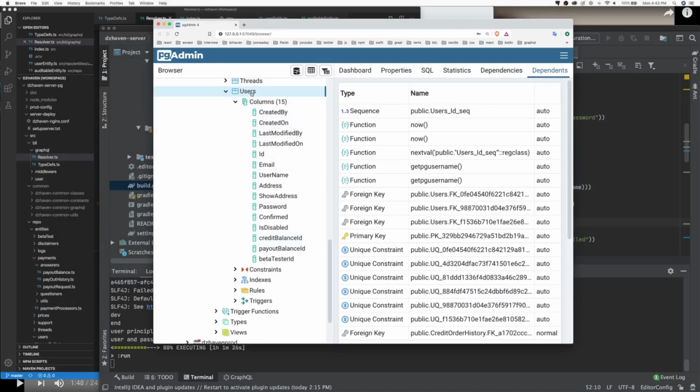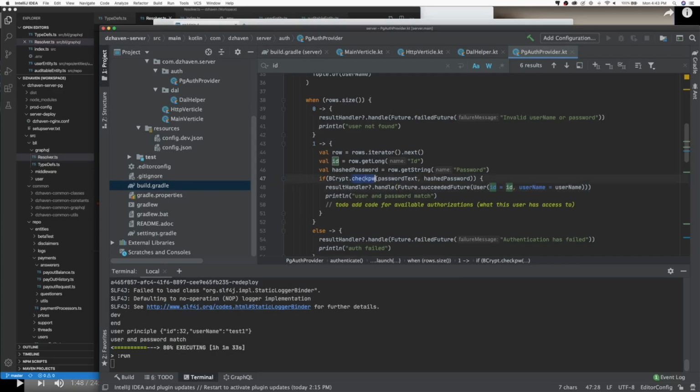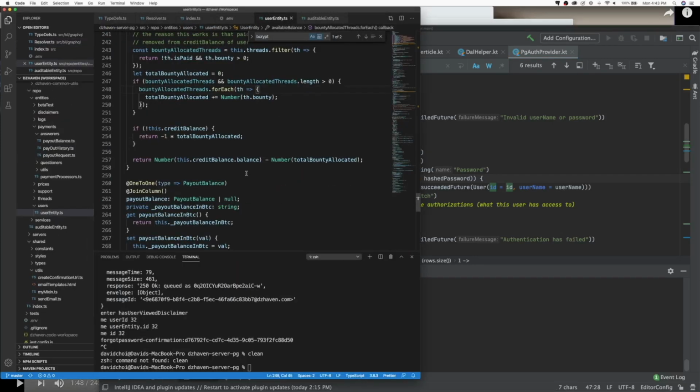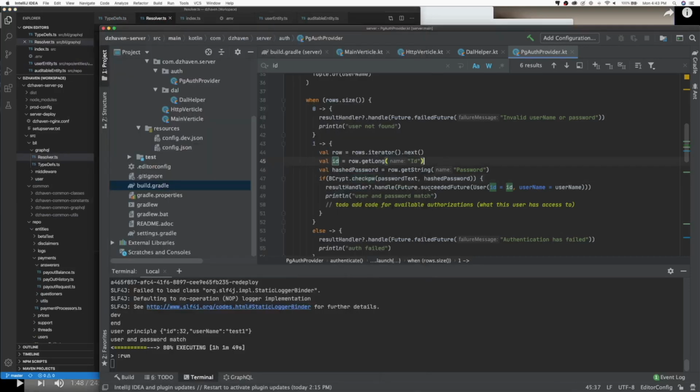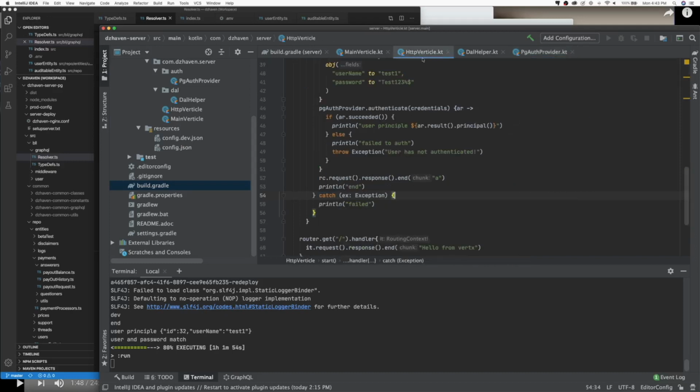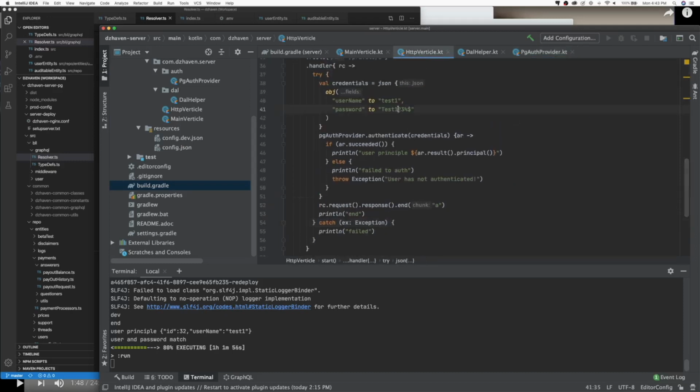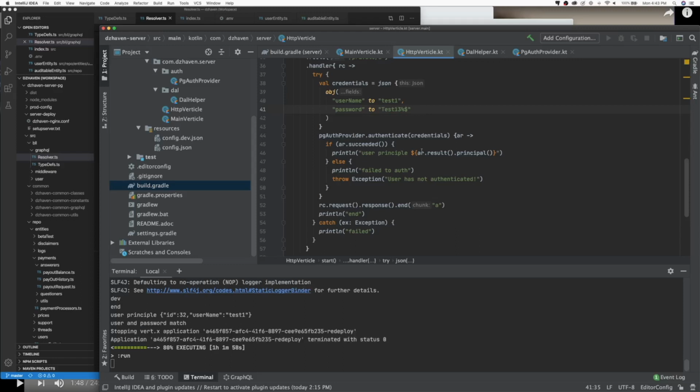This is my users table. This is the passwords field. Without any rehashing, I'm just calling the Java version of bcrypt, and I'm basically doing the same call, which is called check pw instead of compare, and everything still works. So for example, if I were to mistype the password,